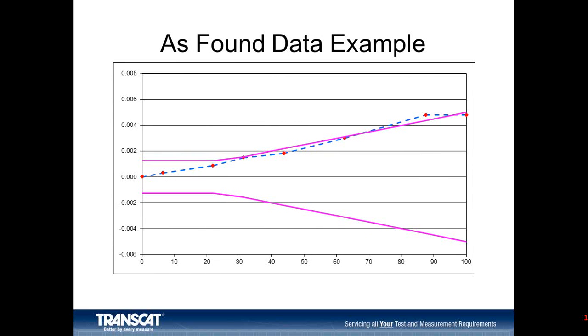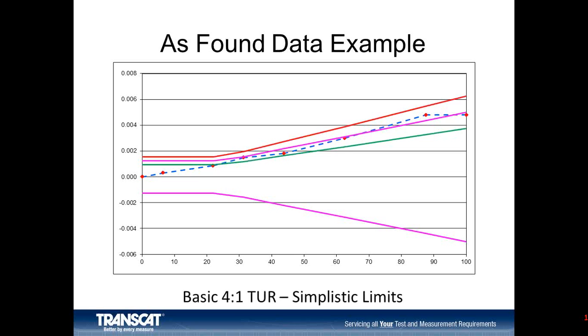So going back to this sample of as-found data where we have the pink line that represents the tolerance, we can see the as-found data points are fairly close to that upper limit. One appears to be across the limit. For the sake of discussion, if we consider a 4-to-1 test uncertainty ratio and apply simplistic limits as it used to be done in the past,